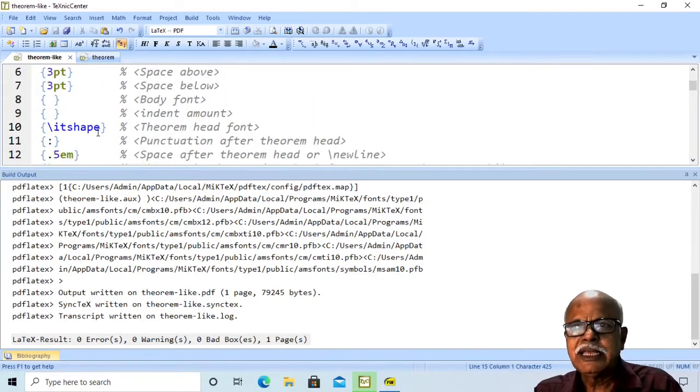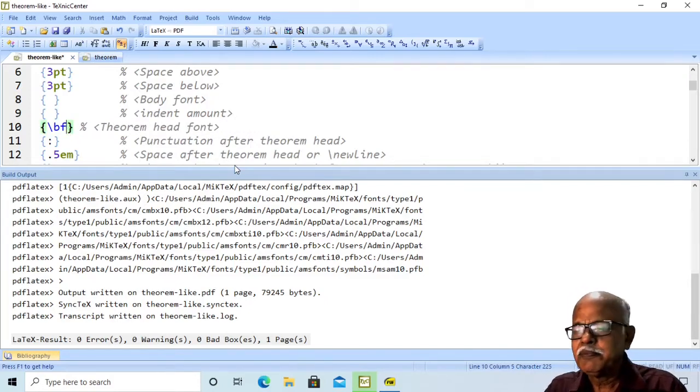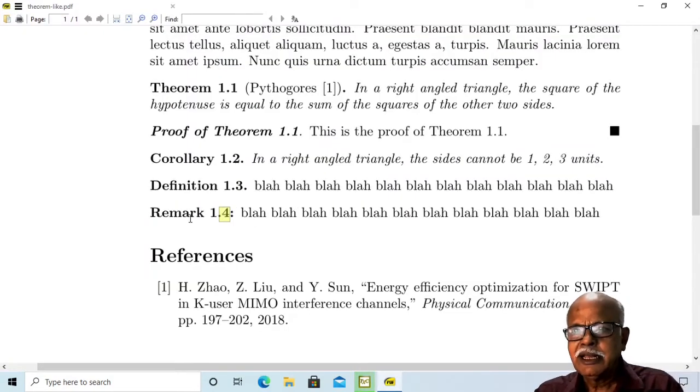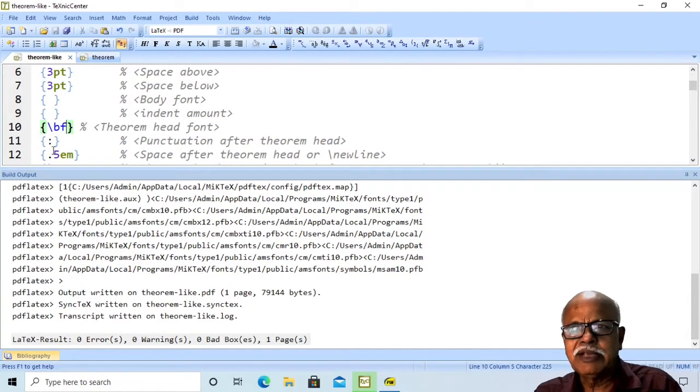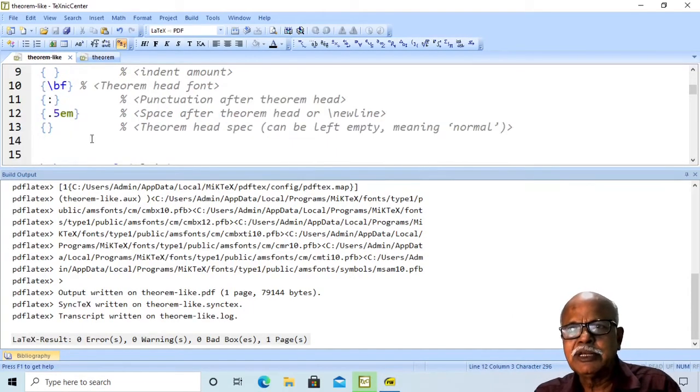Let us say instead of italic shape you say simply BF. Then remark will also appear in bold font, and here you have colon.